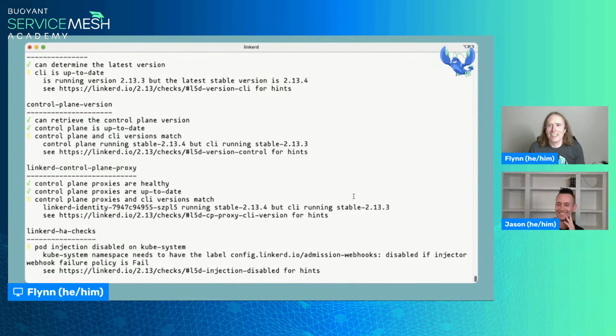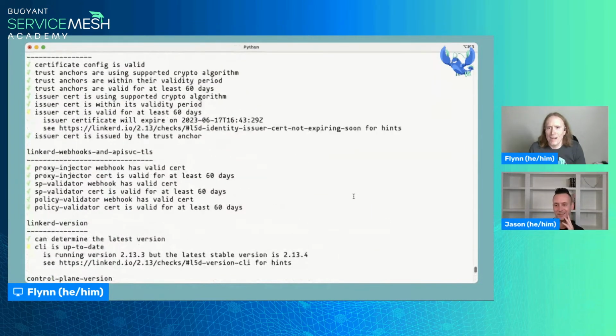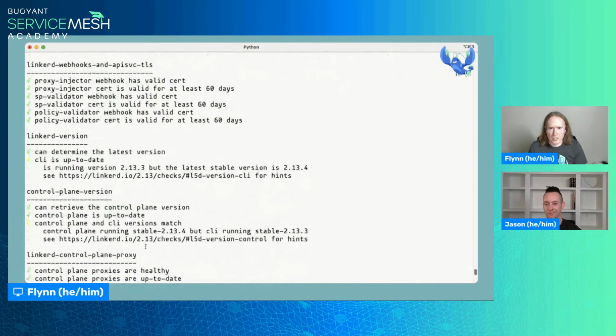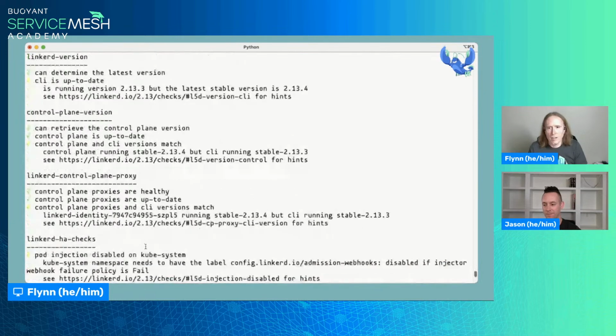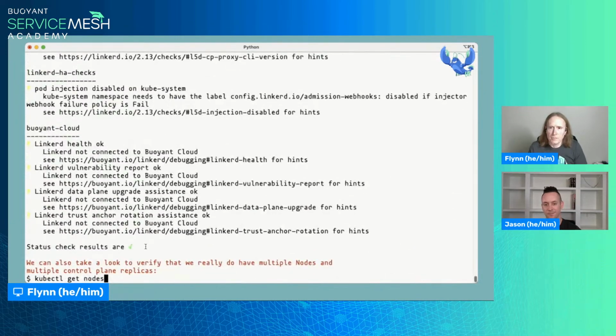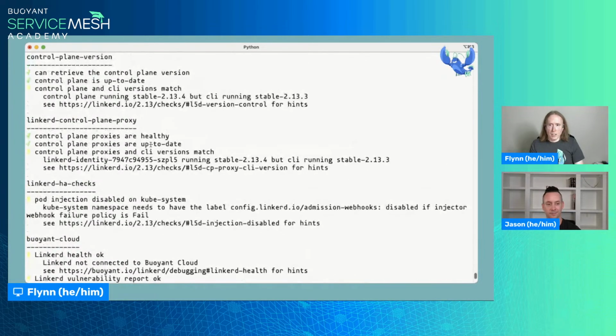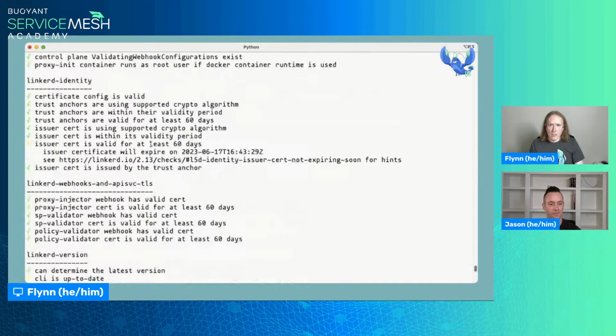Okay, a couple of things that are interesting here. Notably, okay, fine. I'm using 2.13.3 instead of 2.13.4. And the other thing that's worth noting here is the issuer cert, which is deliberately set to 2 days, is not valid for at least 60 days.